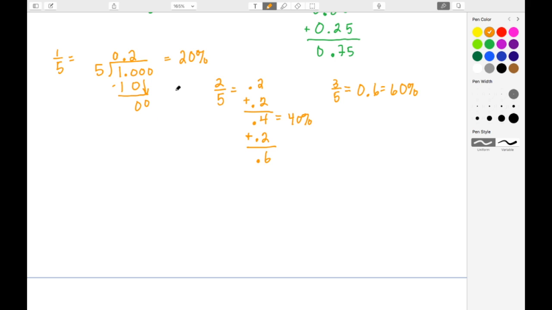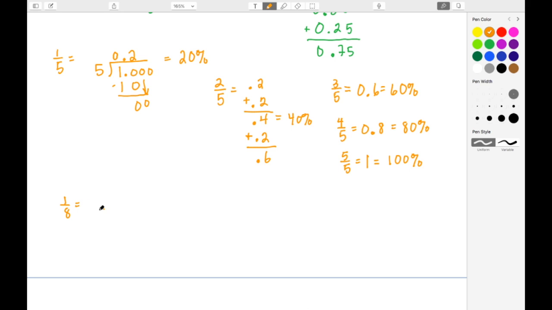And we see the pattern here. We went from 2 to 4, now to 6. So we know that 4/5 has to be 8/10. 8/10 is 80%. And of course, if we write in 5/5, we know that 5/5 is 1, which is the same thing as 100%. All right, our next benchmark fraction that we're going to use is we're going to jump to eighths now. So I have 1/8.